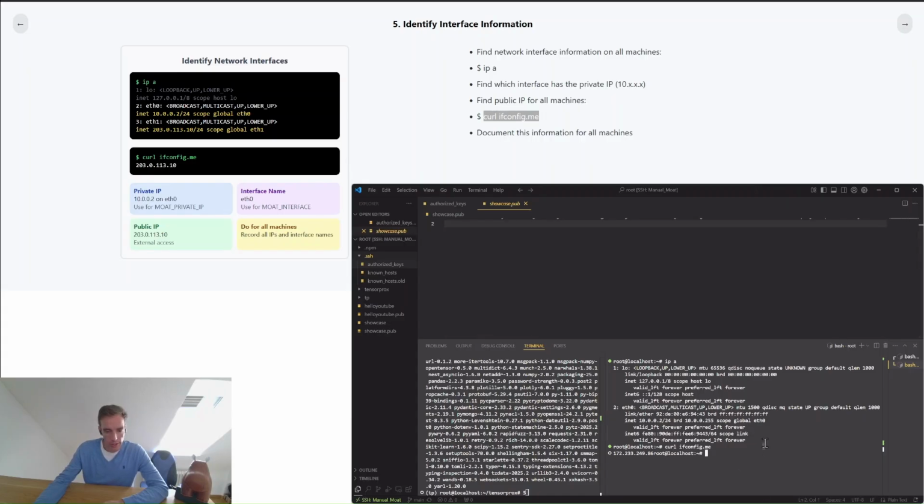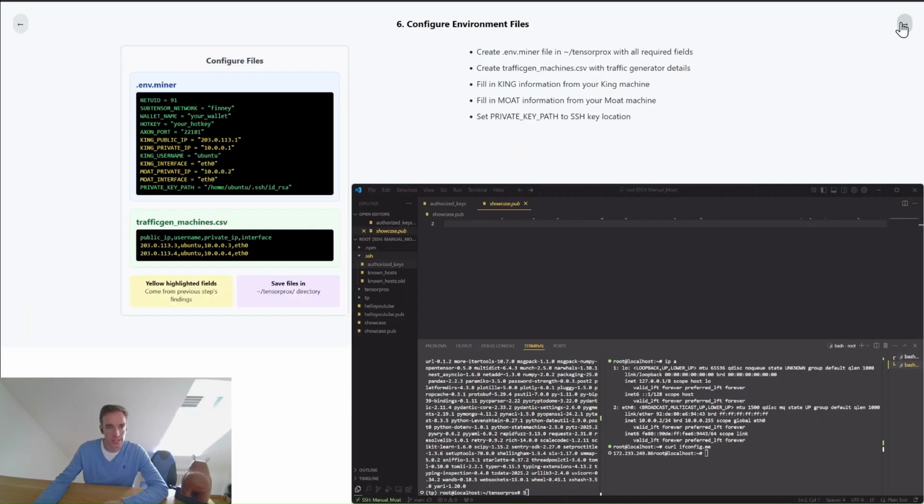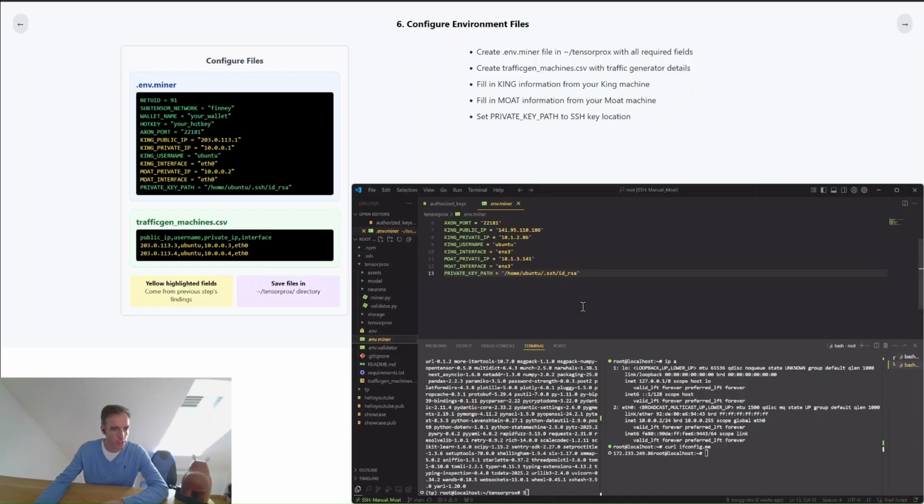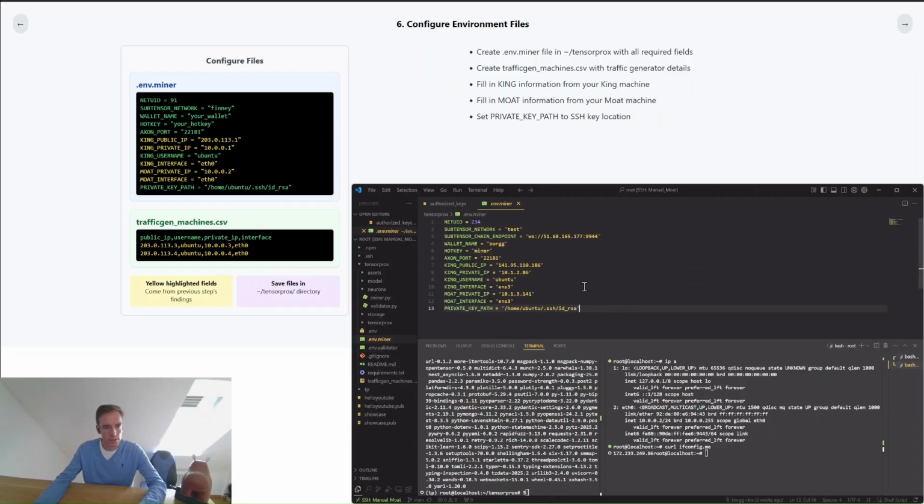Good. We have found out now this is the device holding the private IP. It's very important that you put this one into the environment file. And this one is an example. Let's paste one that I prepared into our structure. When the setup was running through, we have here the .env.miner. This is the interesting part. I paste it like that,